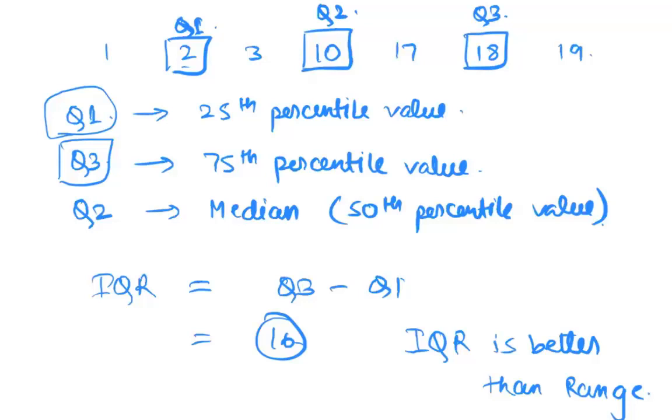Yes, definitely you're true. It tells the dispersion. It tells the spread of the data. Yes, both of them do. IQR also gives you a sense of the spread. Range also gives you a sense of the spread. But I'm telling you that IQR is a little better at doing it.